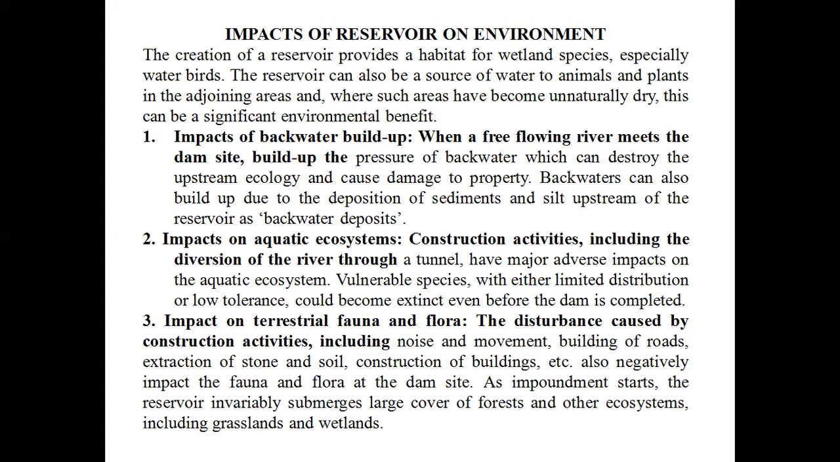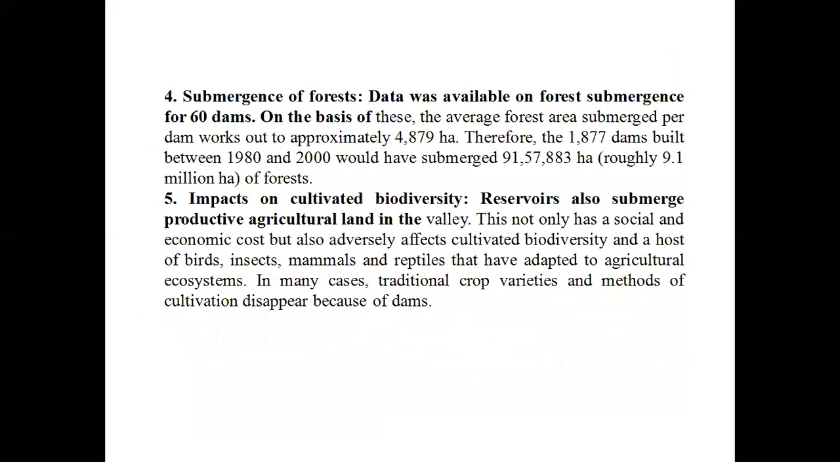As impoundment starts, the reservoir invariably submerges large cover of forest and other ecosystems, including grasslands and wetland ecosystems nearby. Next point is submergence of forest. Data was available for the forest submergence for 60 dams. On the basis of this, the average forest area submerged per dam works out to be approximately